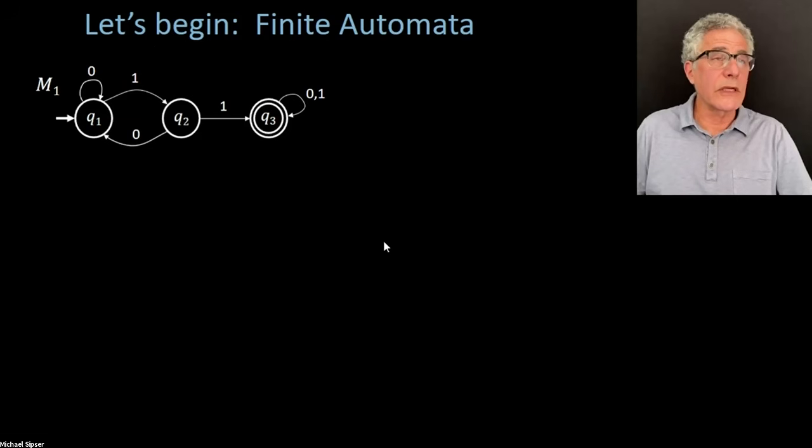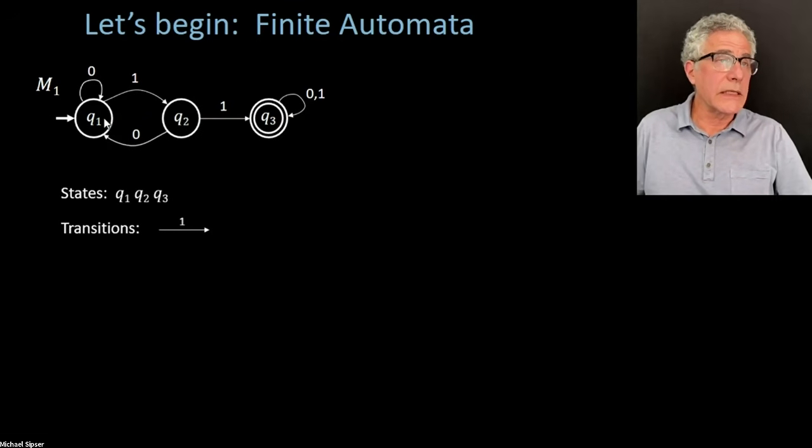So I'm starting off with an example. I'm presenting a finite automaton as a diagram. We call it a state diagram. It has these circles and lines and labels on the lines and also on these circles. So what's going on here? This is a finite automaton. I'm giving it the name M1, and these circles are called states. In this case, there are 3 states: Q1, Q2, and Q3. Those are the labels there. There are arrows connecting states with each other. These we'll call transitions.